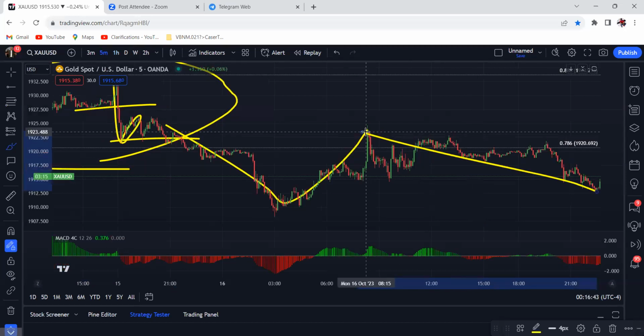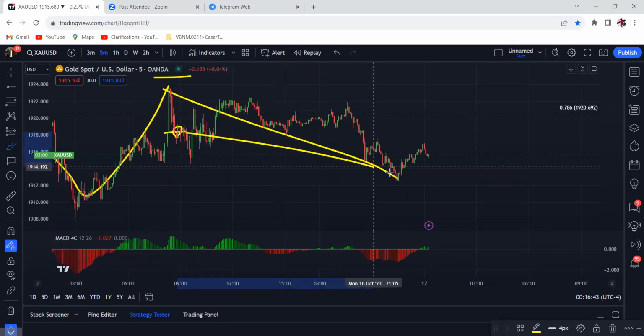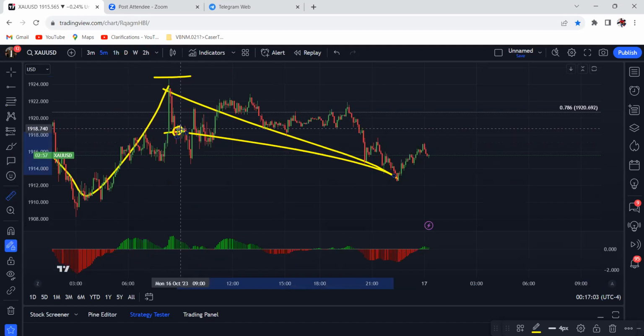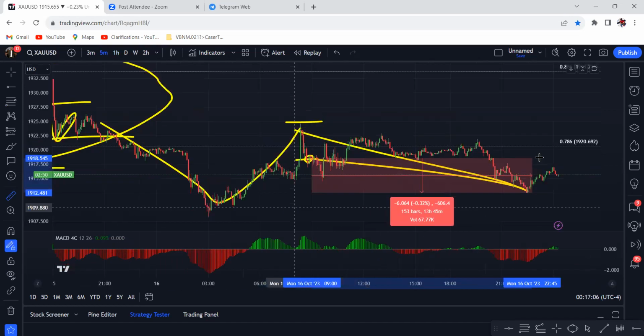All right, sell off. So my entry would have been right around here, after this 5 minute candle, entry there, stop loss above. They go a little bit higher, and take off. So around 1918, 1912. Nice 50 pip move. And you've got a small sell setup happening as we speak.